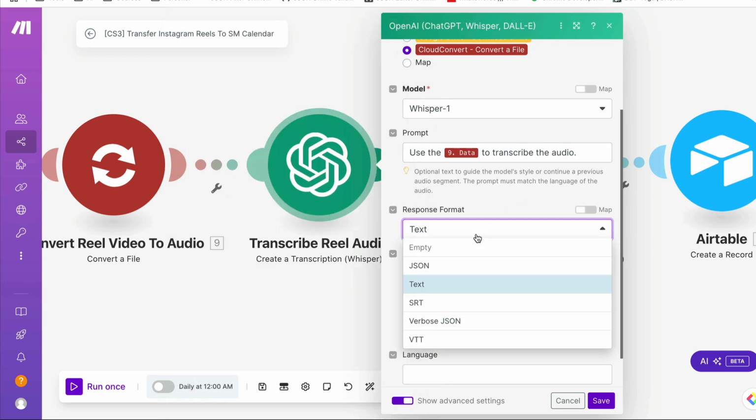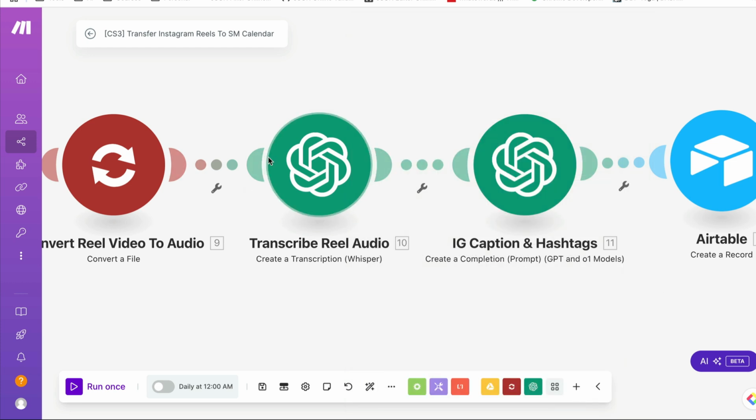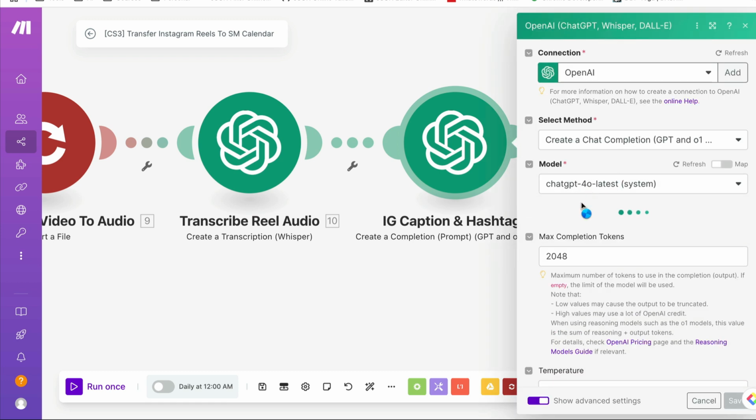That's all. The response format is text, and the temperature is 1. We don't want it to deviate. We want a pure transcription. That's it. Now that we have the transcription, we want to create a caption, and we want to, I don't know,